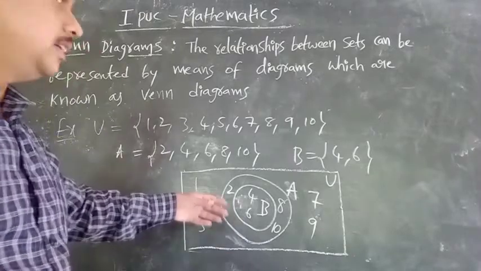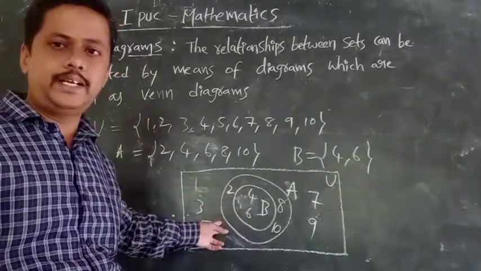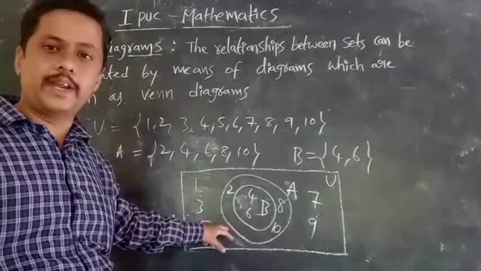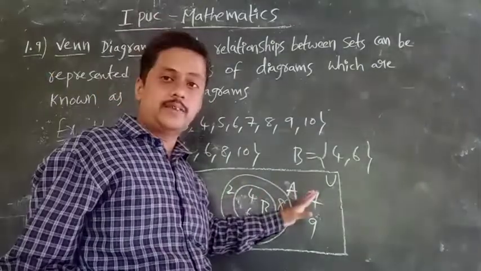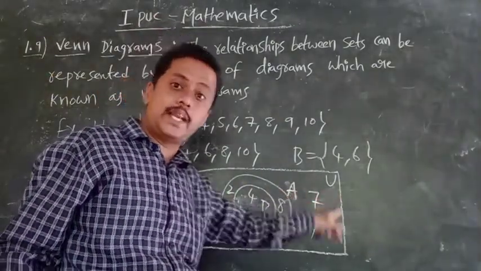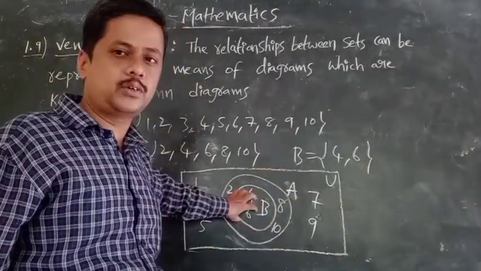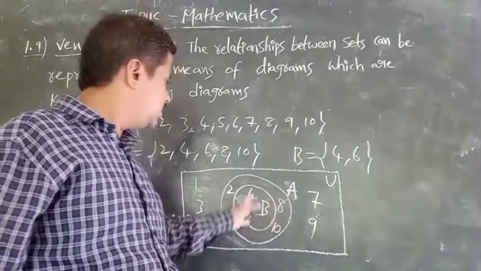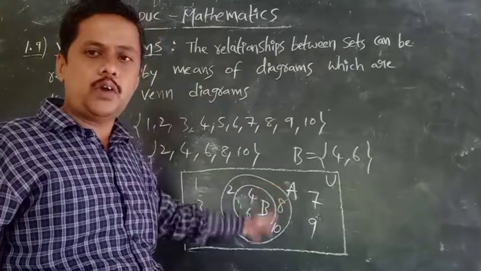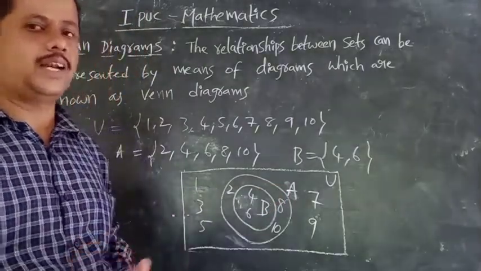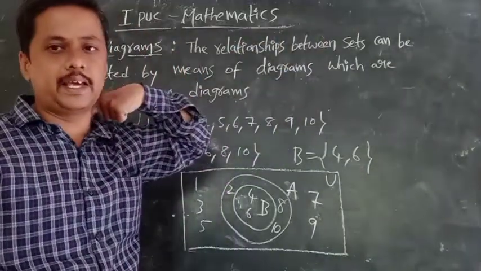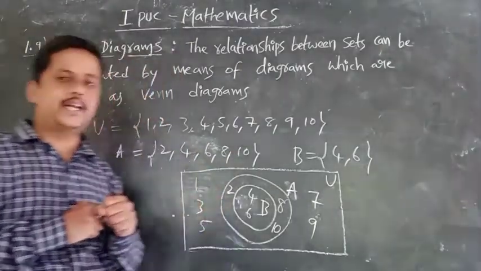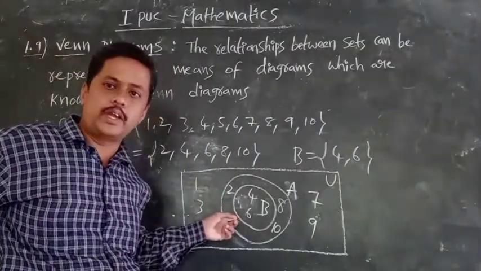So, see my dear students, like that we can represent the relationship between the sets. Now you observe this Venn diagram. We are representing the universal set as a rectangle and its subsets. These are the subsets, so representing by using the closed curves. So here we are using two curves now. If you ask what is the relationship, sir? I already told you, sir. Relationship between sets, Venn diagram. So by seeing only we can easily recognize that B is a subset of A.